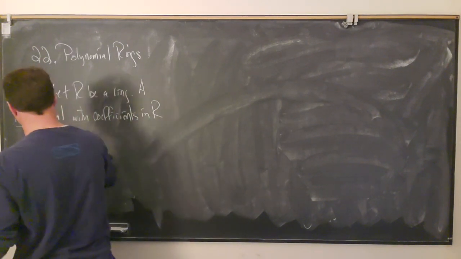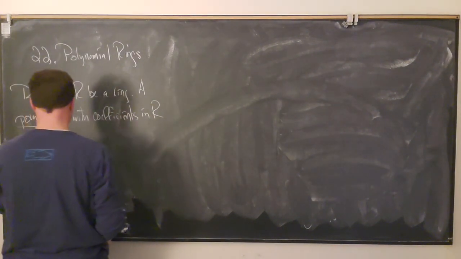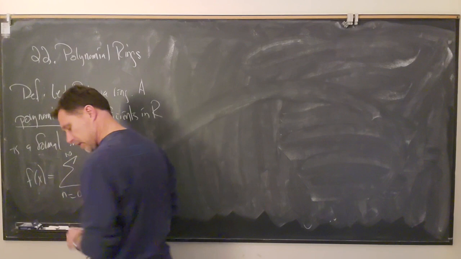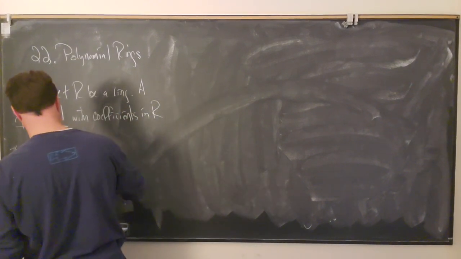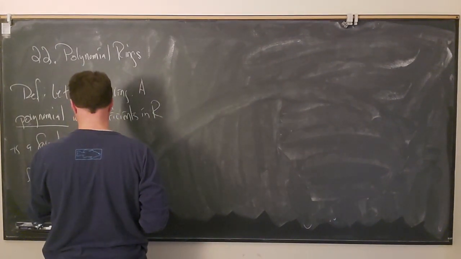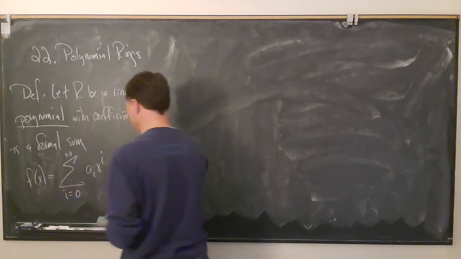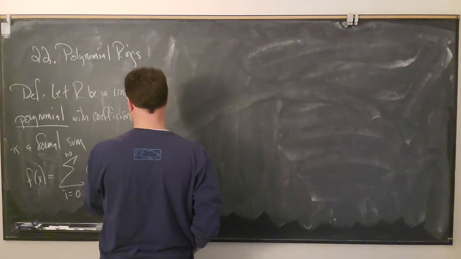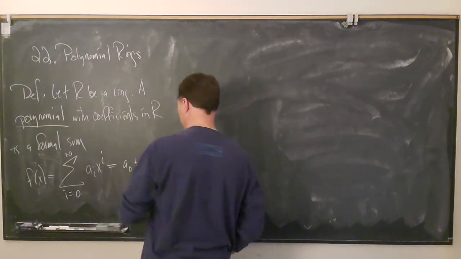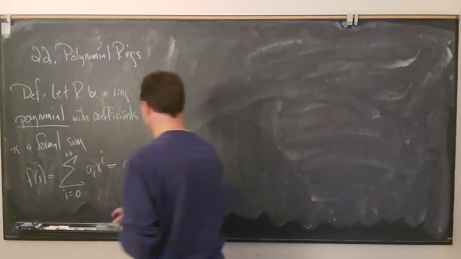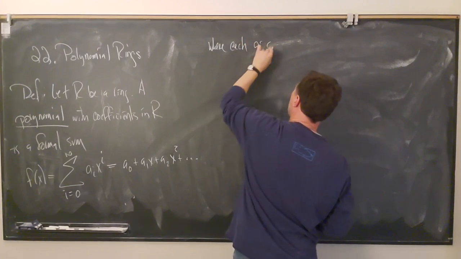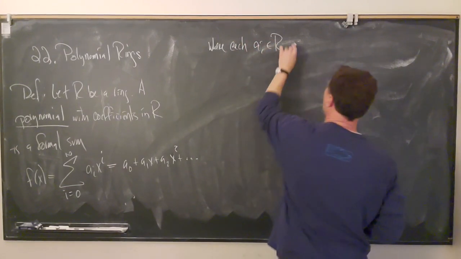Let's give it a name, little f of x, equals the sum, i goes from 0 to infinity, of a sub i x raised to the ith power, which is going to be a0 plus a1x plus a2x squared plus dot dot dot going on forever, where each a sub i is an element of R,